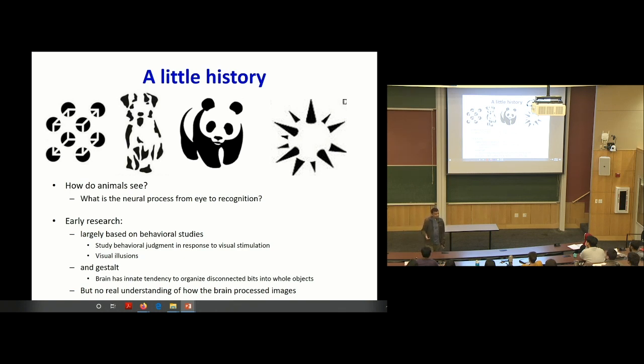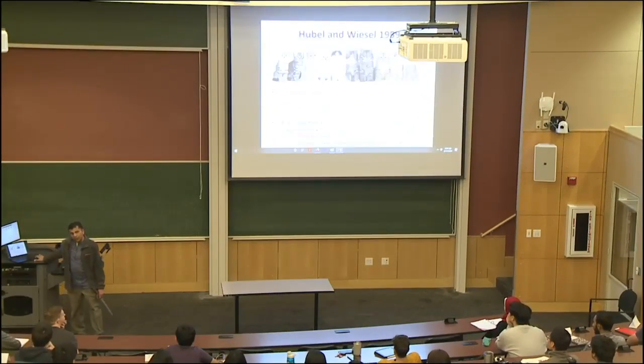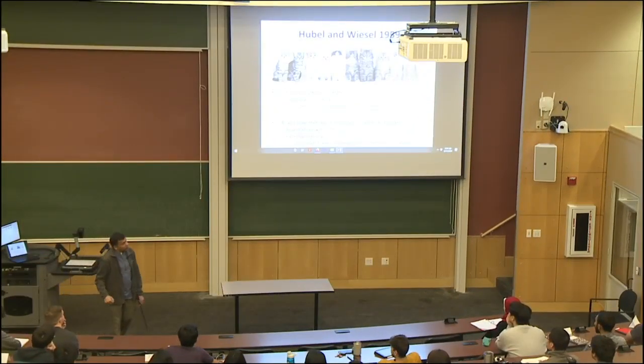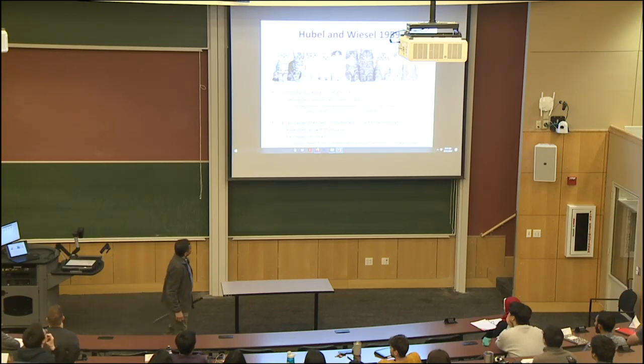There is no sphere, the sphere doesn't have spikes. But you're seeing all of these because your brain is putting everything together. This is all people really understood about the visual process. And there wasn't a great deal of insight into how the brain actually worked until this beautiful paper by